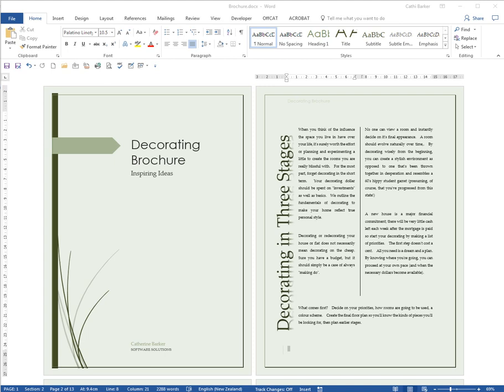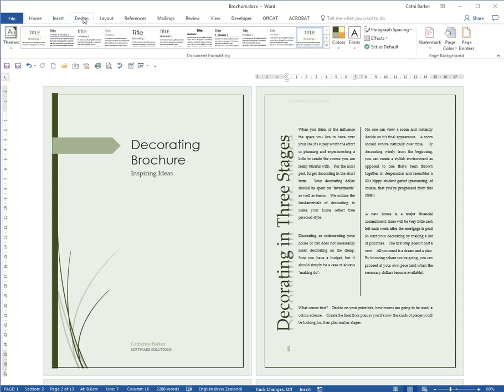A watermark is important to be added to a document to imply the status of that document, whether that document is a sample, whether it's a draft, whether it's confidential, or whether you're not to copy it or it's urgent. To add a watermark to this particular document, I'm going to click on page 2 and I'm going